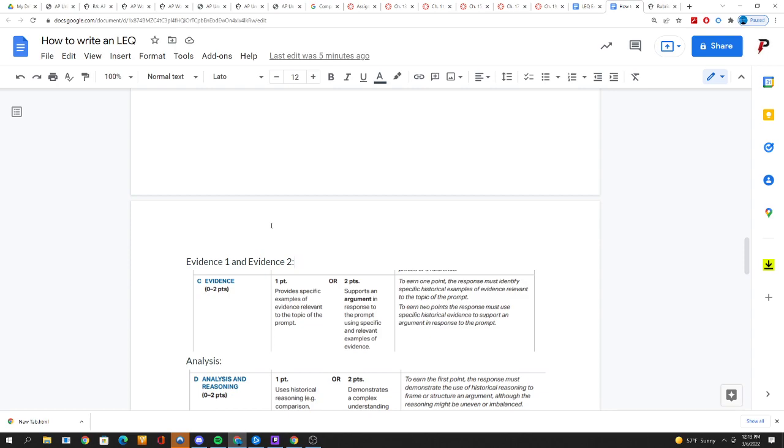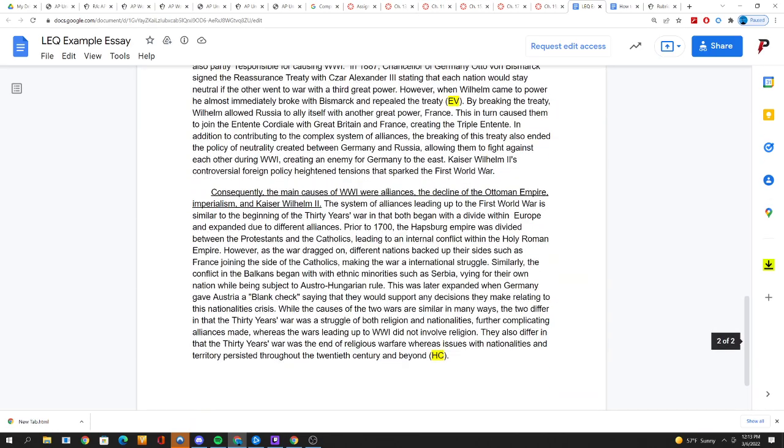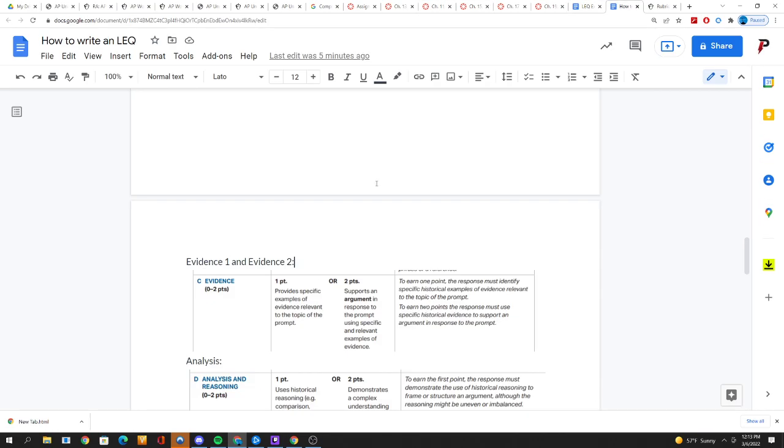So, evidence 1 and evidence 2, the way I interpret it is body paragraph evidence 1 and body paragraph evidence 2, okay? Now, the AP test does it a little bit differently. They want you to provide specific examples of evidence relevant to the topic of the prompt and support an argument in response to the prompt using relevant examples of evidence. So, for example,